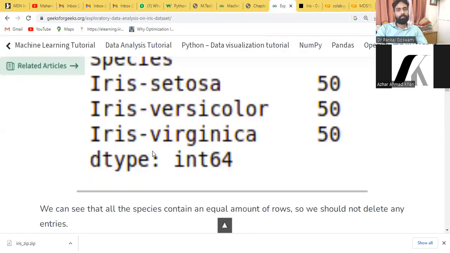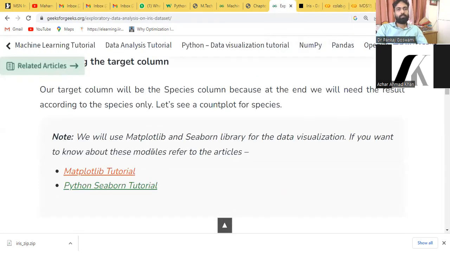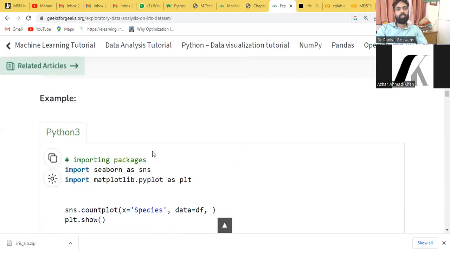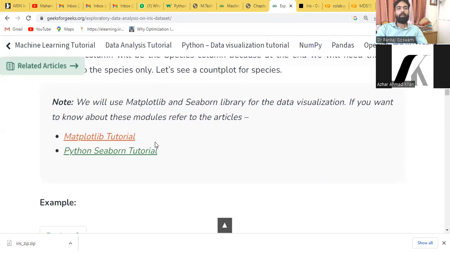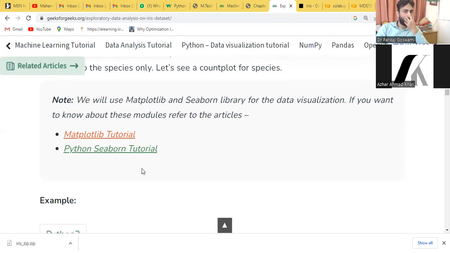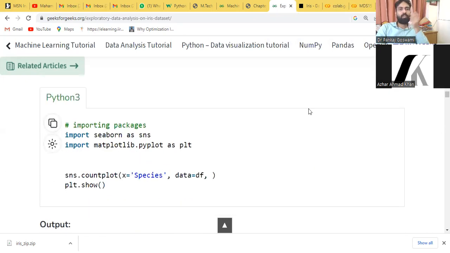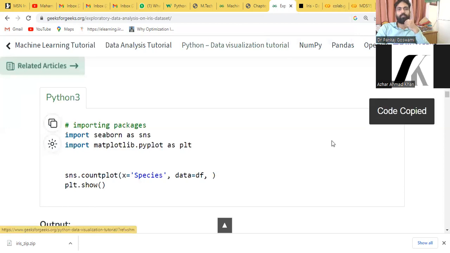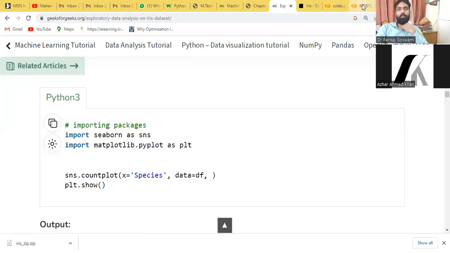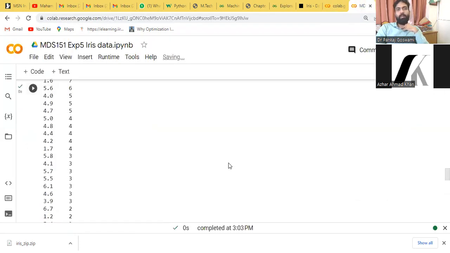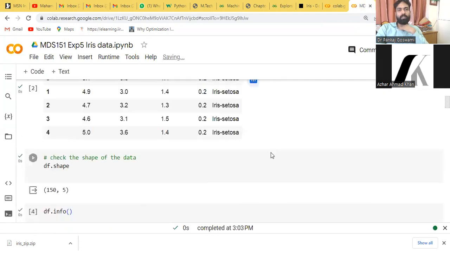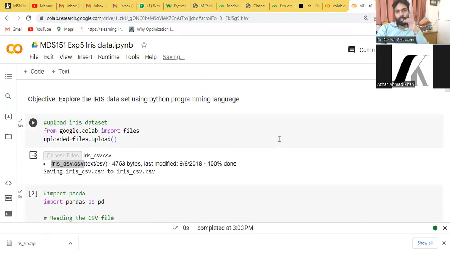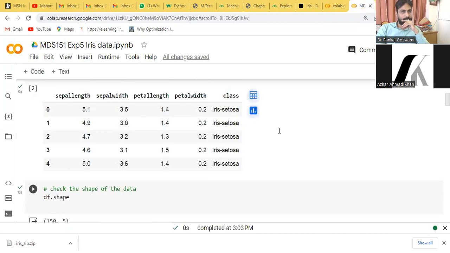So one more thing. Now looking for the data visualization, and data visualization can be possible with the help of matplotlib and seaborn. So we can have both. दोनों ही लाइब्रेरी पे काम कर सकते हैं। So let's start with this one. दोनों ही पैकेजेस को हम इंपोर्ट करते हैं। तो यहाँ पर एक्सप्लोरिंग ऑफ द डेटा तक आपका ये एक्सपेरिमेंट नंबर 5 कंप्लीट हो जाता है। तो आप इस डेटा पे काम कर सकते हैं।